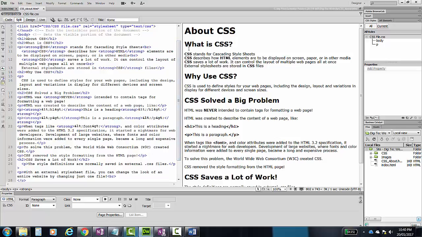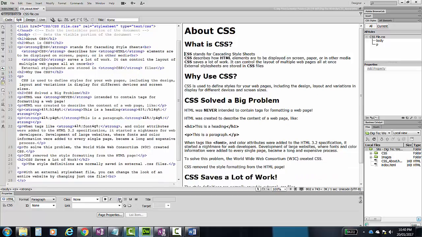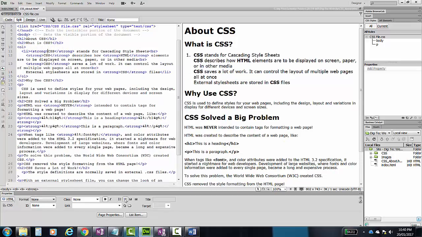Next thing I want to do is add a list for these 4 little points up here under what is CSS. I can make sure my cursor is where I want the list. Come down here and choose either an unordered list, which is dot points, or go for an ordered list, which is numbered. In this case I'll go with an ordered list, and you can see over here in the code we've got the